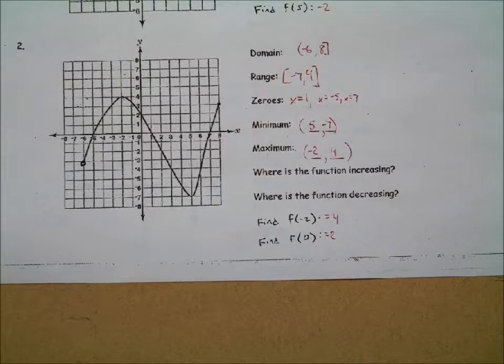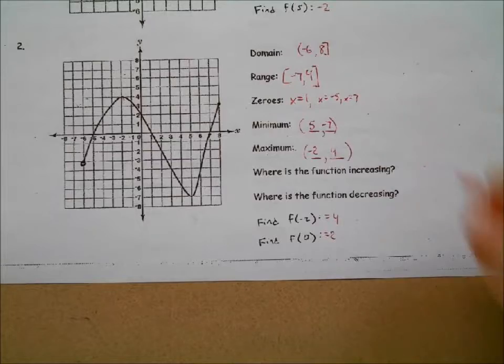All right, I know, running out of time, but I do want to talk about increasing and decreasing, okay? When we talk about increasing or decreasing here, how should we describe where the function is increasing? What should we use to describe it? Yeah, Matt? X. The x values, okay. And should we just list out a bunch of numbers where it's increasing, or should we do an interval? Interval. We're going to do an interval, okay? How many intervals will there be for where the function is increasing? Dos in Espanol, right? Or 2 in English. That's right. Okay, there are 2 of them.